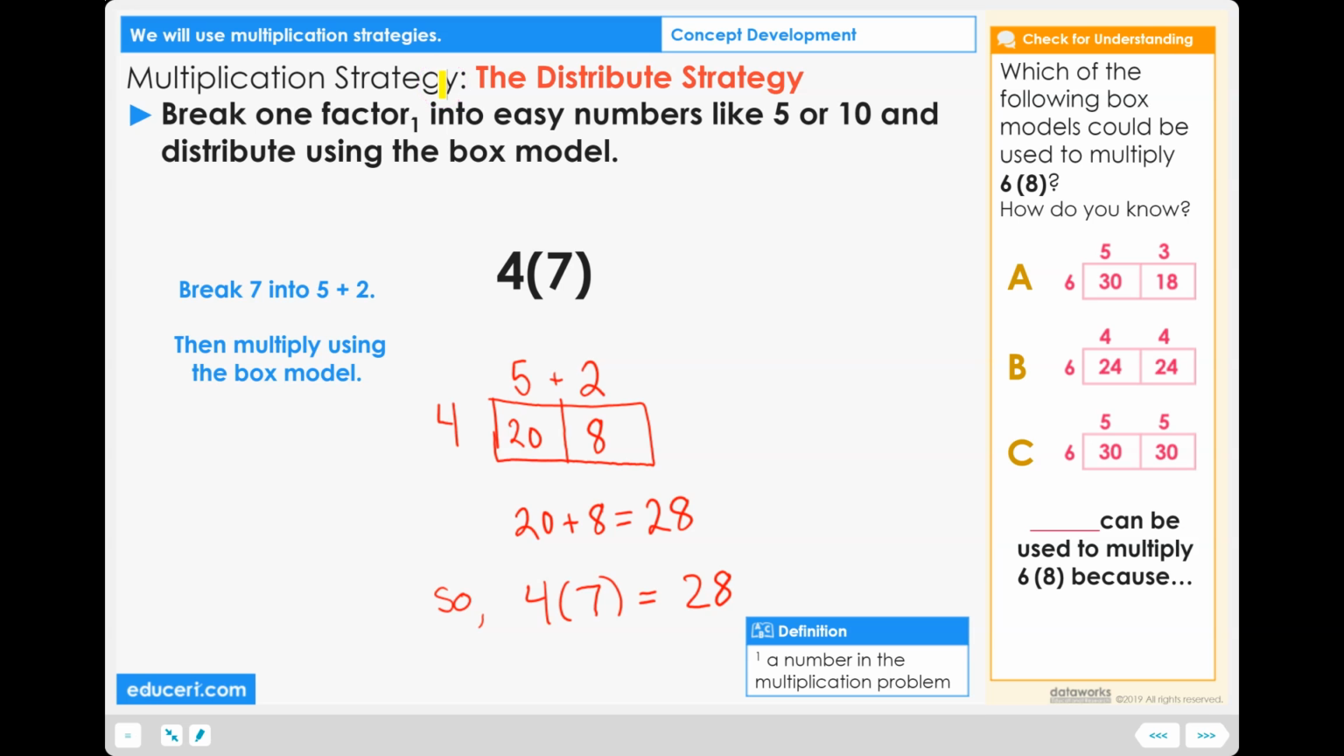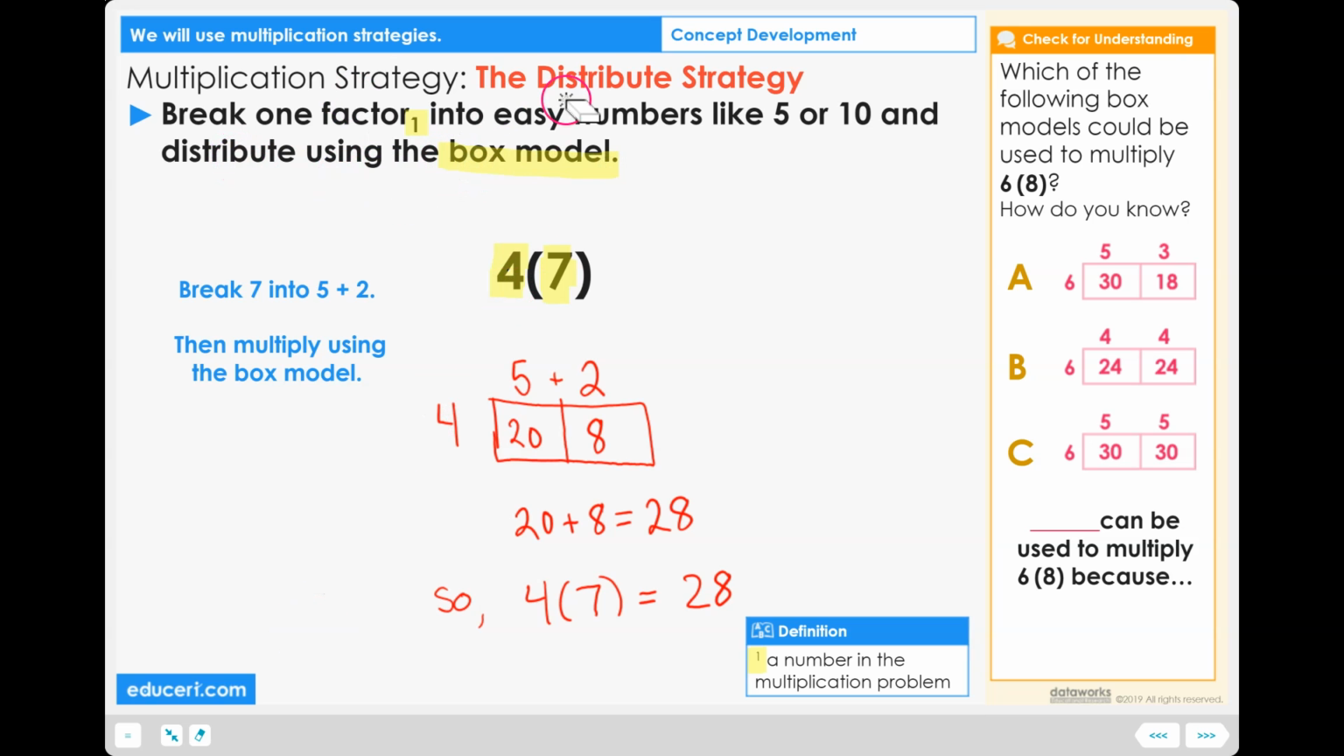On this page, we're going to take a look at the multiplication strategy, the distribute strategy. Ready, read. Break one factor, and a factor is a number that's being used in the multiplication problem. So 4 times 7, 4 is a factor, and 7 is a factor also. We're going to break one factor into easy numbers, like a 5 or a 10, and distribute using the box